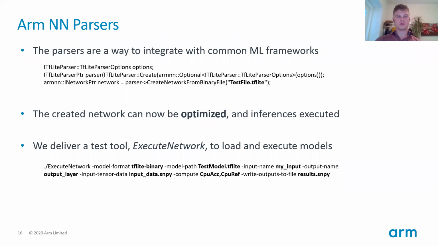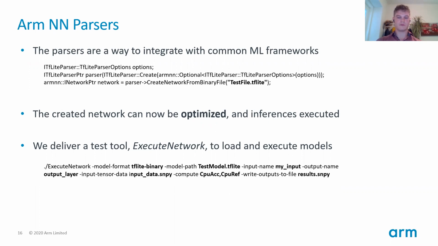And we deliver a test tool, execute network, to load and execute these models. And there's an example of how we can use execute network to run a TF-Lite binary file here. So you provide a model format, which in this case is TF-Lite binary, a model path, which is the path to your TF-Lite file,